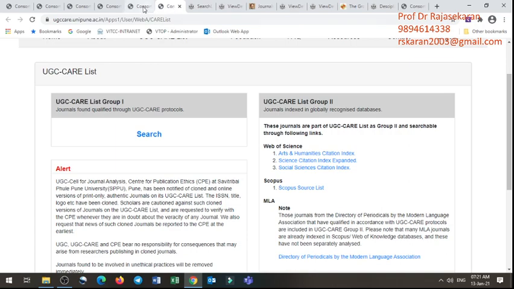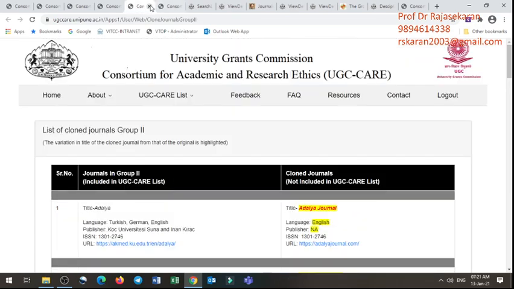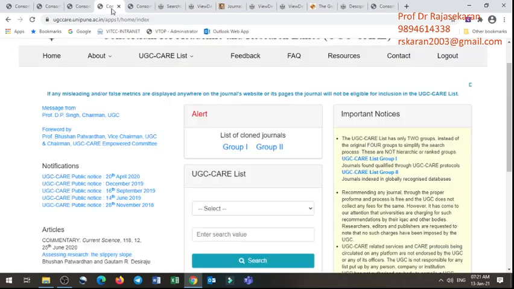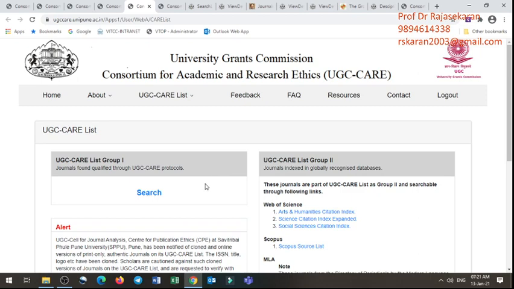This is group 1. Then we need to know group 2, that is UGC CARE list 2. And let me click this. Okay, now we will talk about Web of Science, Scopus. These are the lists, UGC Web of Science.